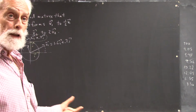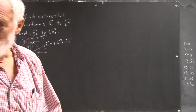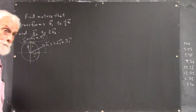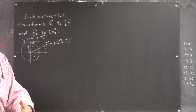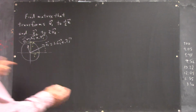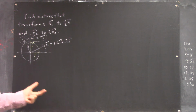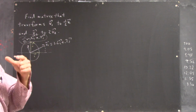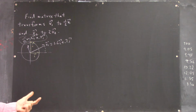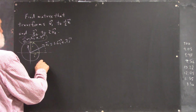Because if all you do is start manipulating matrices and simultaneous equations, which is what everything reduces to, okay? But you do it with matrices because it's easier and more compact and your calculator will do it, okay? Not that I'm going to let you do much of that. We can do this, right? Okay, so we can estimate these. Just from the picture, we can make a reasonable estimate, and we can make reasonable estimates of what the transformations would look like, right? And we're not going to be overly accurate, but at least we have a picture of what's going on, so now we can hang on to that. We can hang the matrices and the simultaneous equations and calculations onto the picture. It is a very important picture. Okay, as you'll see. Okay, so now we want a matrix,